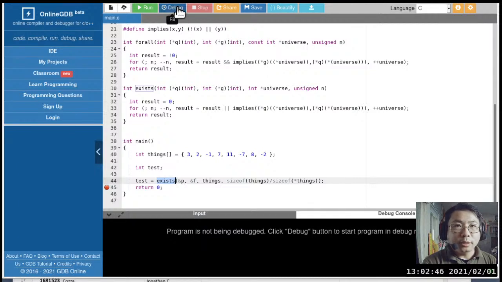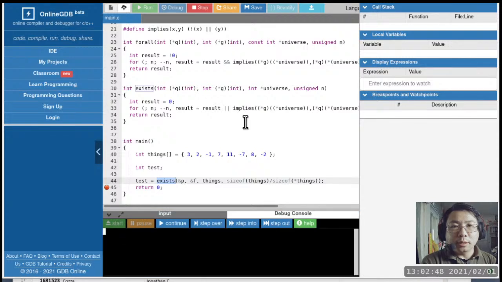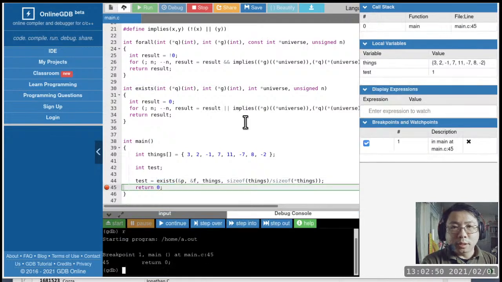So we'll go ahead and debug it. Take a look, run the program, and test is indeed returning a 1. So this is a way for me to illustrate the concept of exists and for all, and the concept of filtering using an actual program in just plain C.